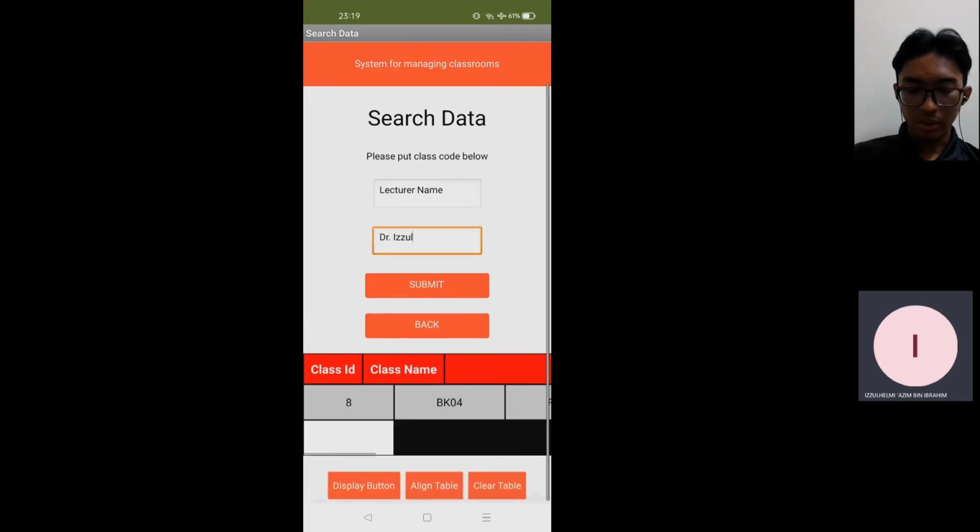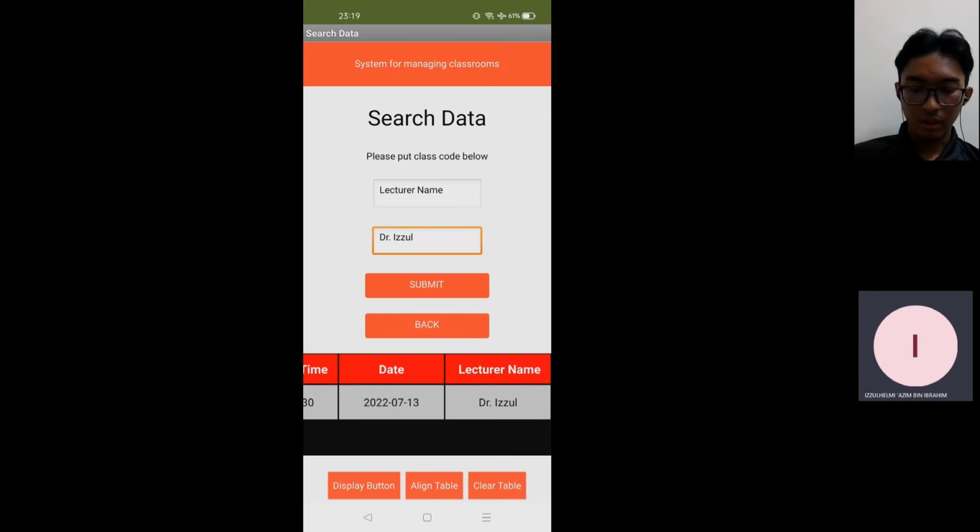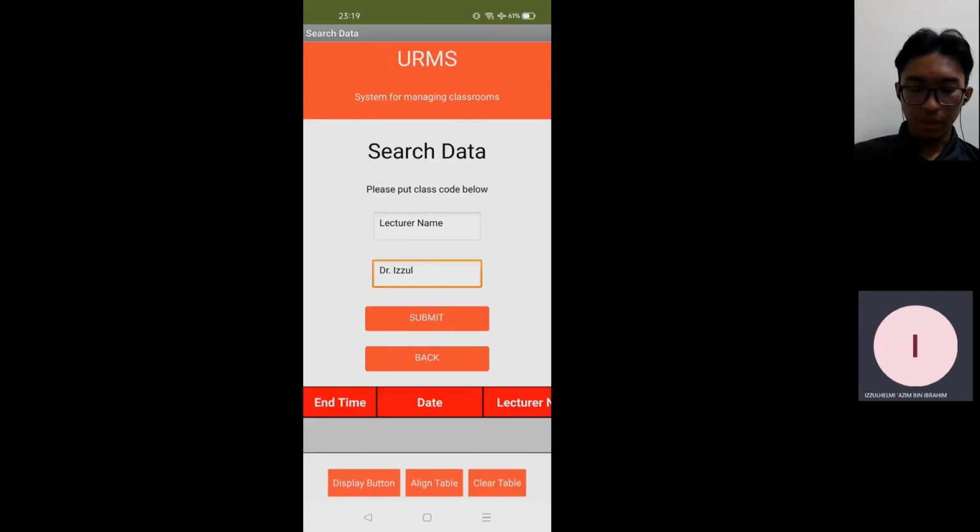There's always a little bar when opening. Yes, you should see the lecturer name is Izzul. When I align the table, yes, it shows all the class lists of the lecturer Dr. Izzul. See, if I press the clear table button, it clears the table. If I press the display button,